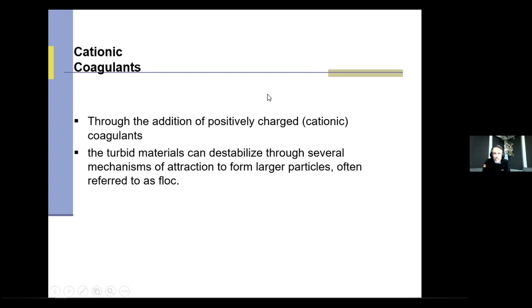One of the words here we should talk about is cationic. And that is a really fancy way of saying positive charge, right? So through the addition of positively charged coagulant, and they'll call it cationic, we're going to destabilize the magnets together, and we're going to attract all these together. So instead of having all these negative particles bouncing around in there, we're going to start getting these